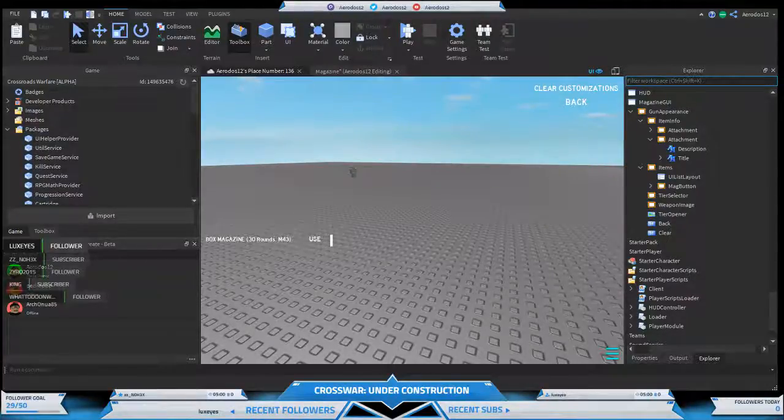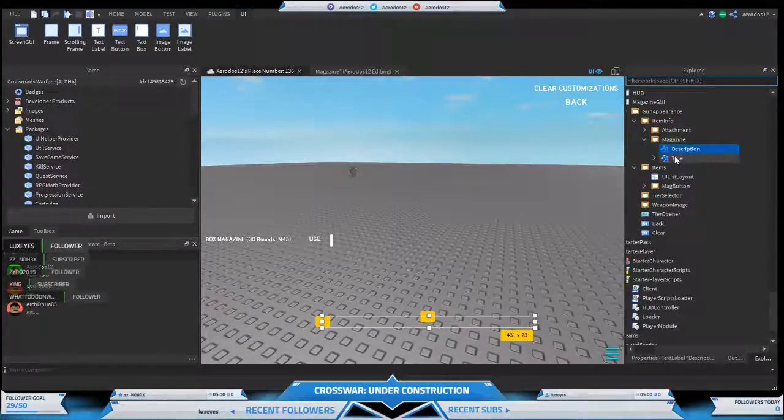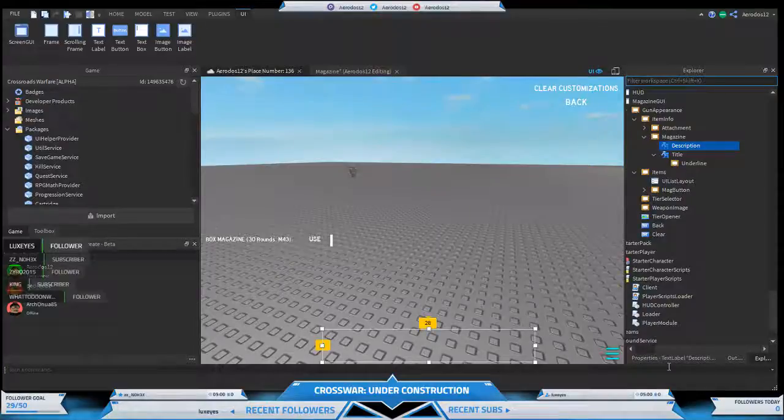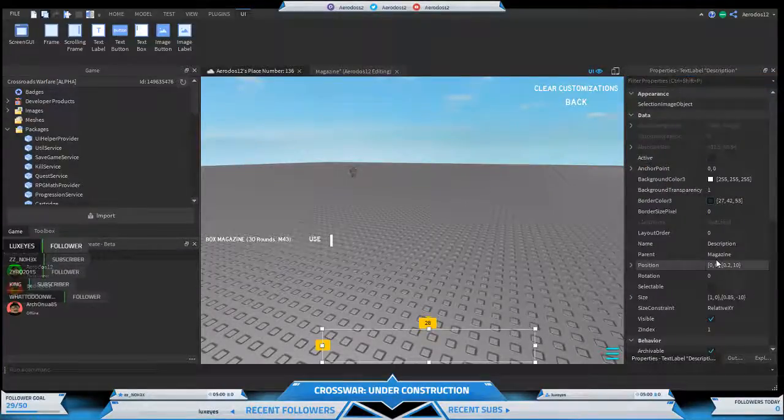So this is what I was thinking next, if we can get there. For this description, we'll do something called magazine. Basically, here's what we'll do next. We'll have a title, but the description will be a little bit smaller. In fact, yes, smaller than expected. So we'll do, let's see,